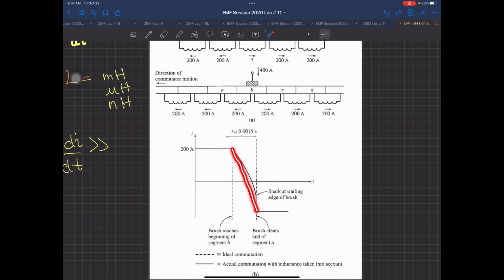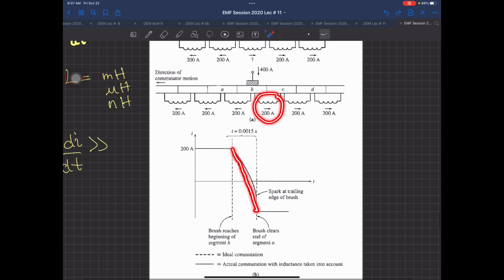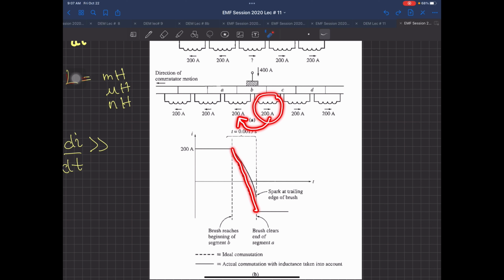Now practically this shifting has to take place linearly. We all know it should take place linearly, but there is an inductance of the winding. That inductance of the winding is going to create L di by dt voltage. That voltage is not going to allow this current to change from 200 to minus 200. I am taking this negative sign as a sign of direction change, which means previously this winding was having a current in this direction. Now it is having it in this direction.